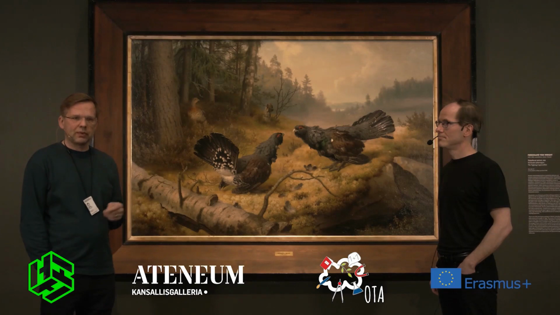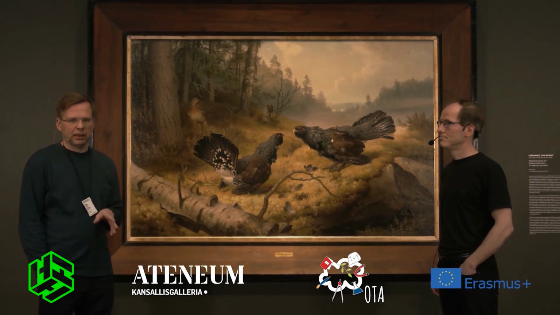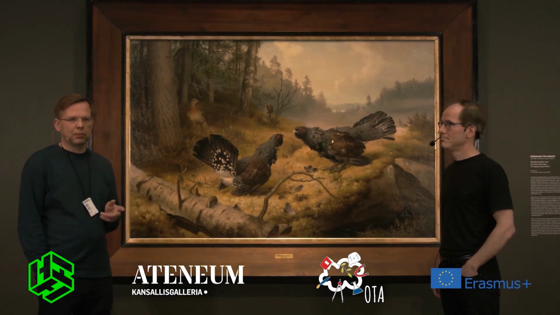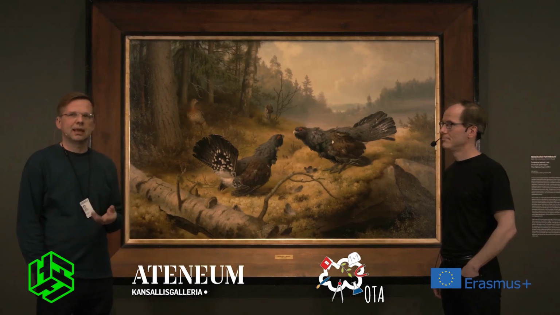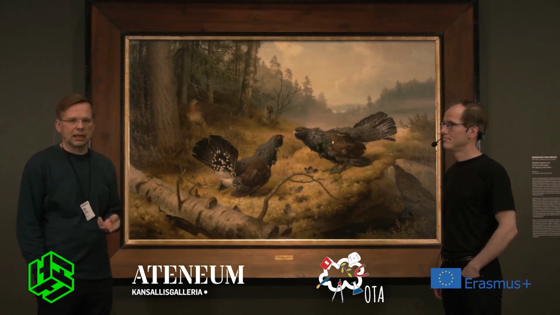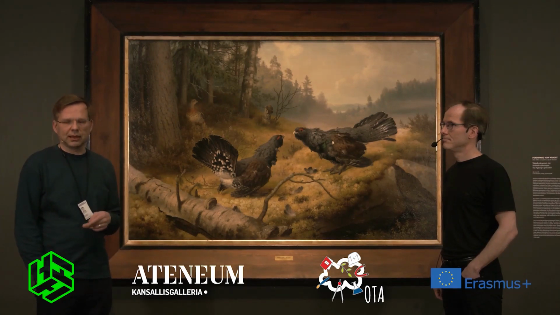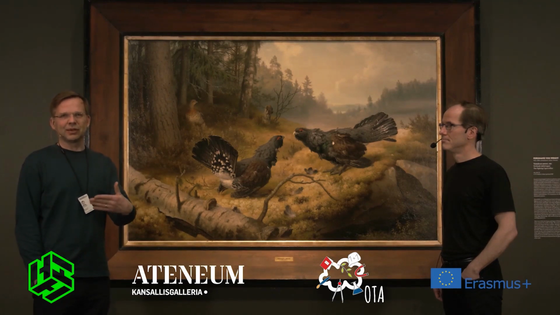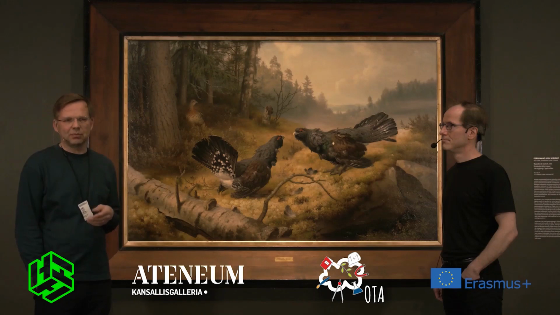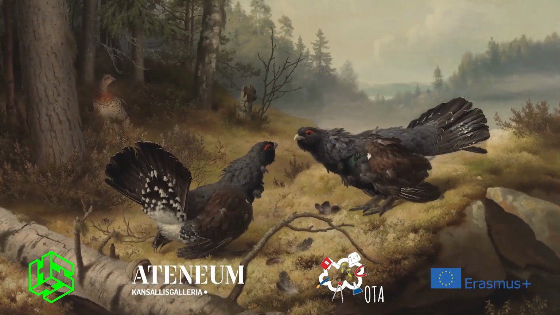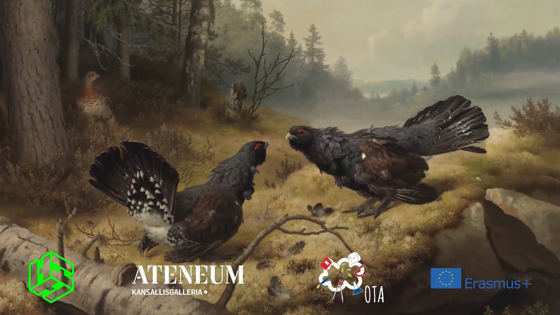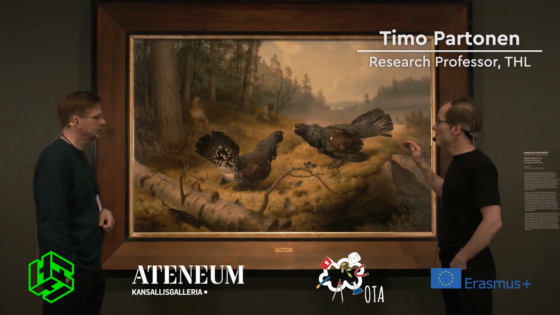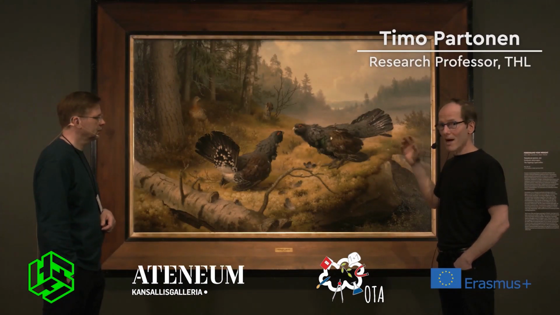And it was also copied very soon to all kinds of publications, school books, and so on. But I guess the reason why it has been so popular for so long is that Finns have a very close relation to nature. It has to be remembered that the Finnish people were agrarian people, lived in the countryside till the 1960s, and many are still spending their summers in summer cottages in the midst of nature. So there's chemistry and biology in this picture, and also biochemistry.